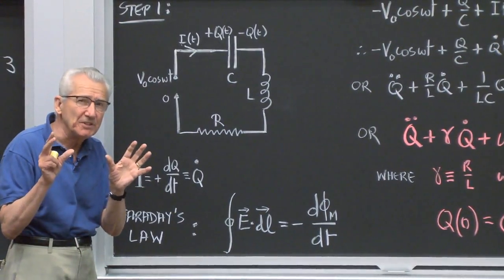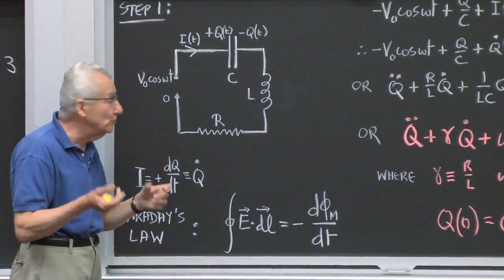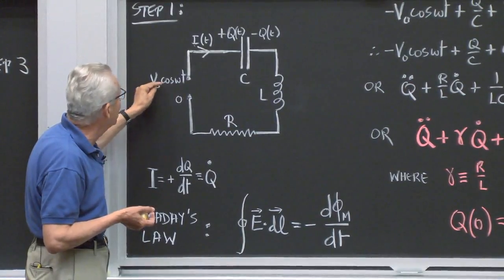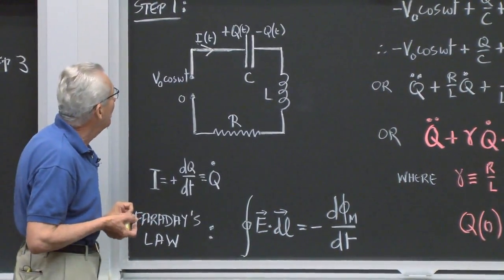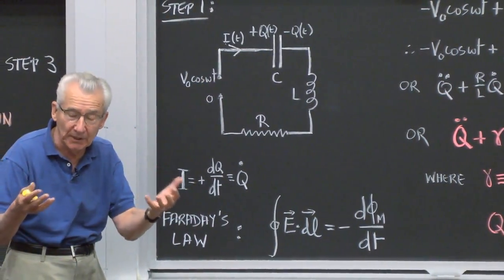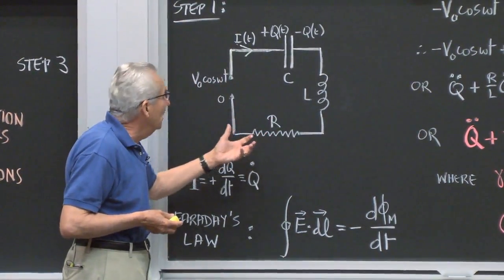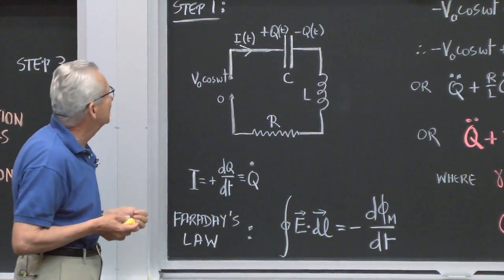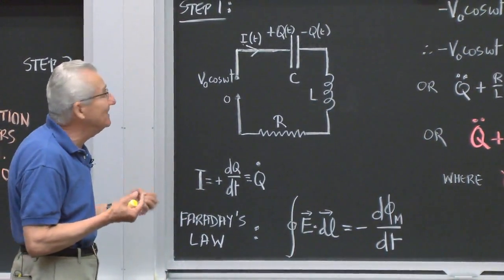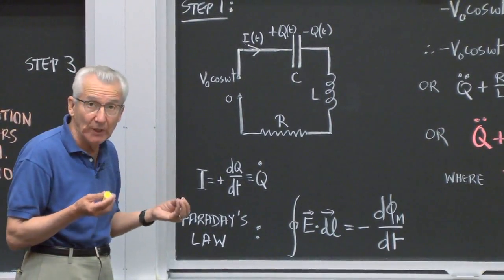Now, I have to be very specific about which side is positive or negative at any instant of time. I'll assume that over here it's 0, and at this point here, it's plus V0 cosine omega t. So these are the coordinates of this problem. And now, what drives the current? What decides what happens here? What are the laws of nature that are applicable? In this case, they are Maxwell's equations, or to be specific, Faraday's equation.